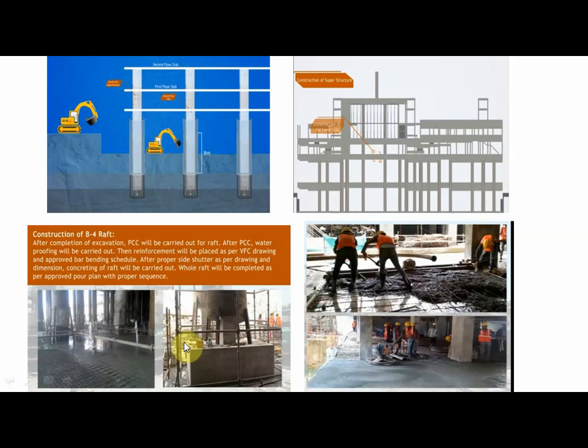Here you can see this is the end of the column, at the basement, at the foundation level. So this is the construction of the raft or mat foundation. The footing will be constructed for the whole site, not for a particular column. The whole site will be constructed as a mat. That's why it is called a mat or raft foundation. So this is how the work will be conducted in the construction of basements.